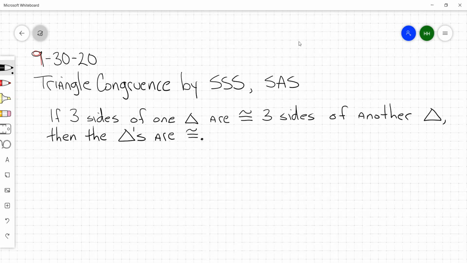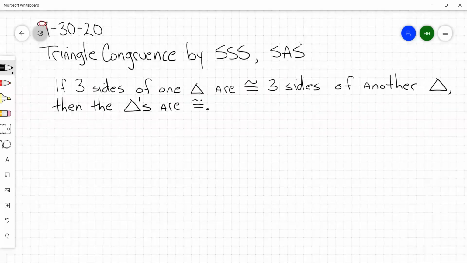Doesn't say anything about the angles, does it? All right, side-side-side congruence. If three sides of one triangle are congruent to three sides of another triangle, then the